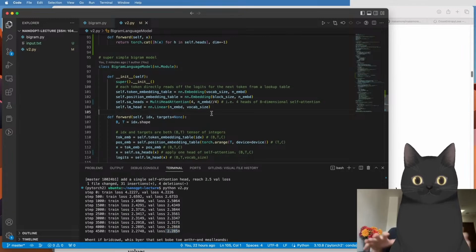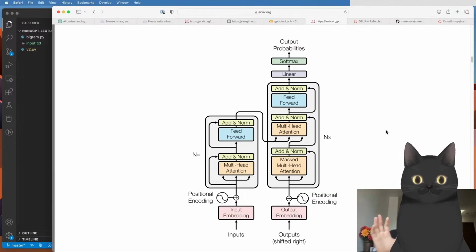And so it helps to have multiple communication channels because obviously these tokens have a lot to talk about. They want to find the consonants, the vowels, they want to find the vowels just from certain positions, they want to find any kinds of different things. And so it helps to create multiple independent channels of communication, gather lots of different types of data, and then decode the output. Now, going back to the paper for a second, of course, I didn't explain this figure in